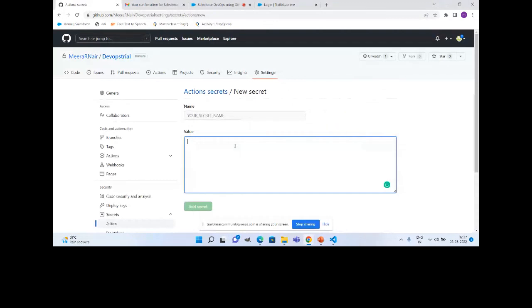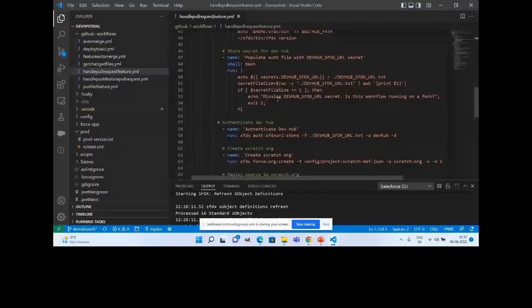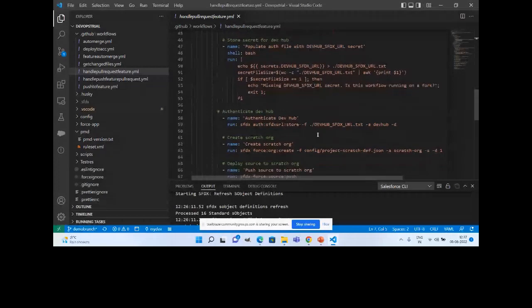Now back to the code again. So you are going to create a scratch org, and for creating the scratch org, there are some additional checks to verify that the auth URL is correctly configured within your repository. If that is true, you are going to create a scratch org, and you might be very familiar with this command, like SFDX force org create, with the scratch org definition and the days of validity and all. So we will be using the SFDX command only to create the scratch org.